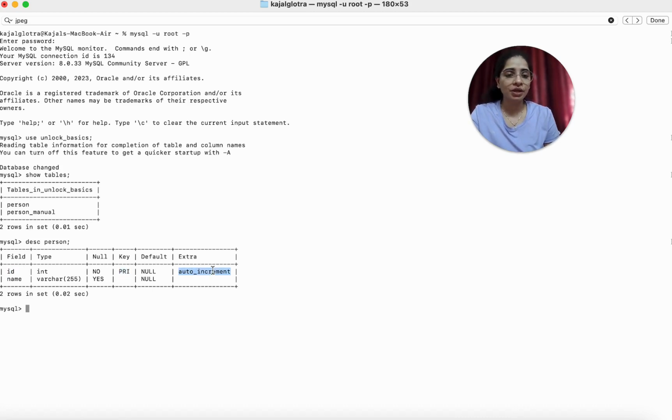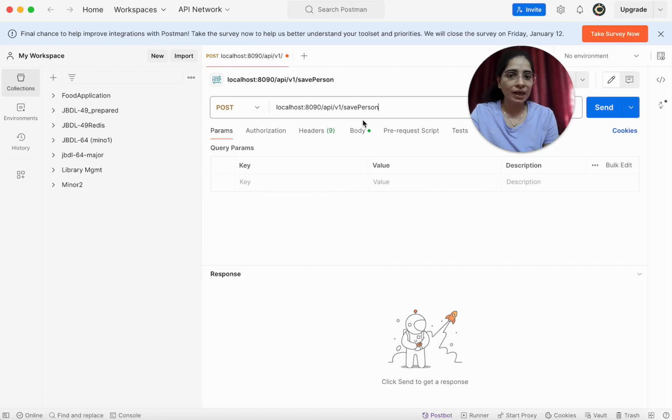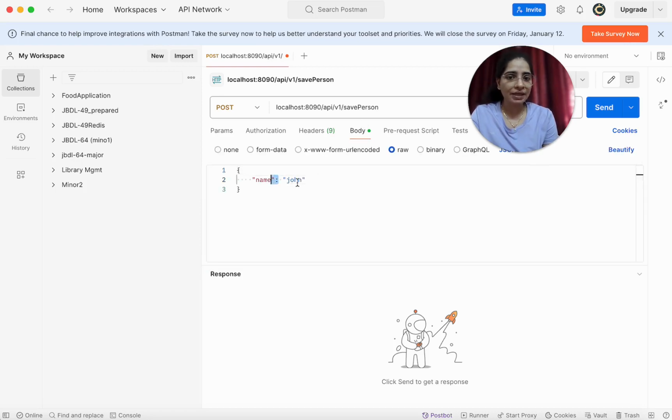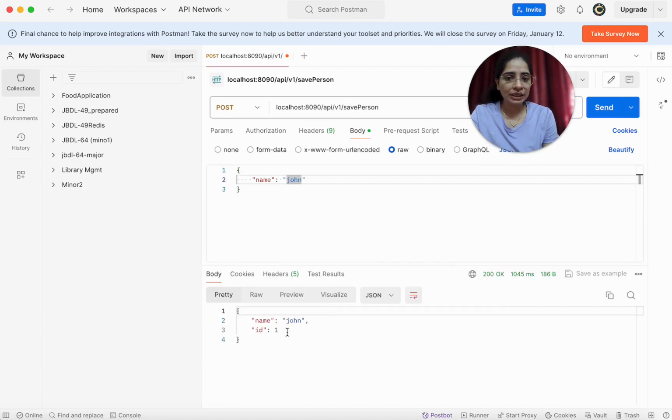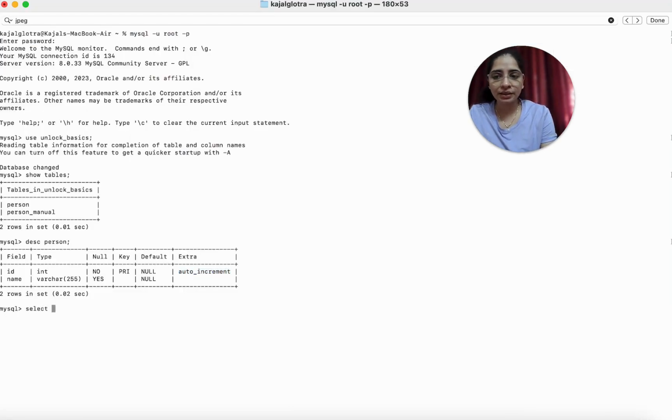That means it will be taken care of by the database but not by JPA, Hibernate, etc., or by the Spring application. Now I'll go into this Postman. I'm passing the name as John and I want to save the data into the database. Now once I click on this send button, you will be able to see that the ID comes out as 1. Now I'll try select star from person. You will be able to see that ID is 1.